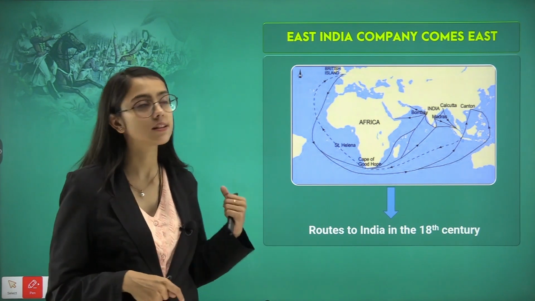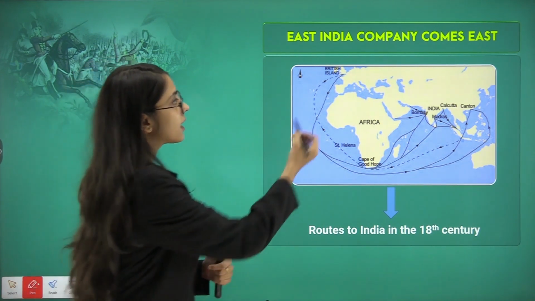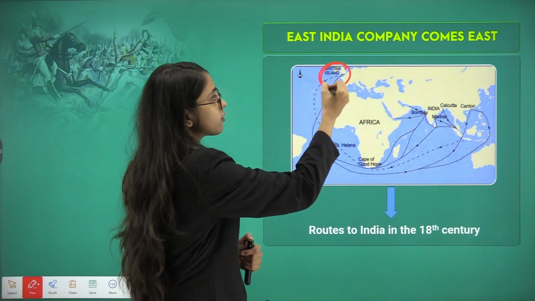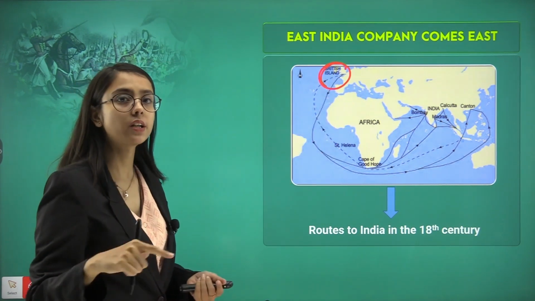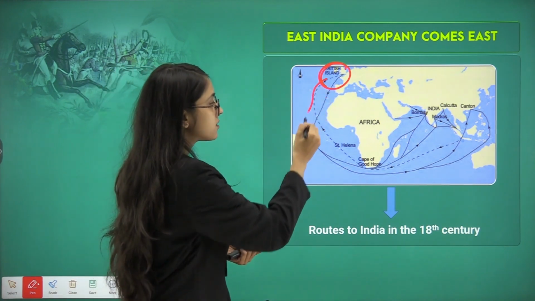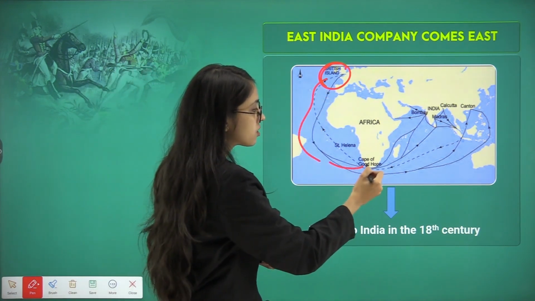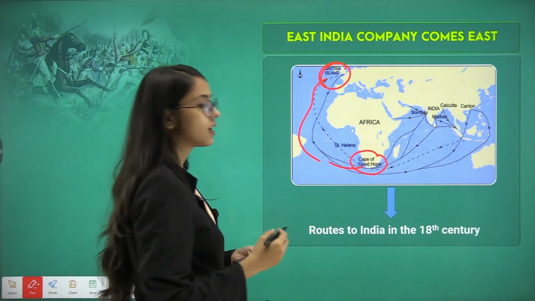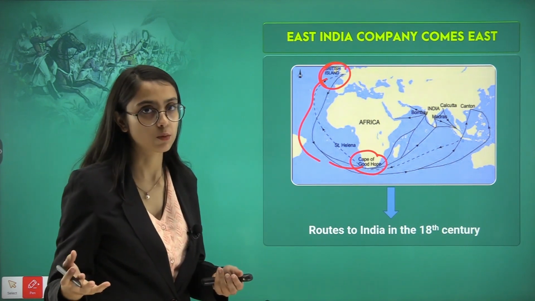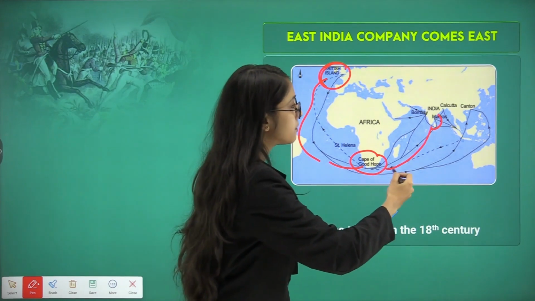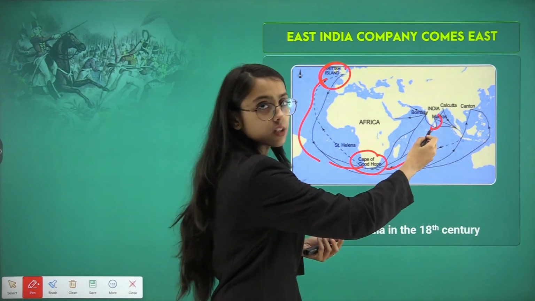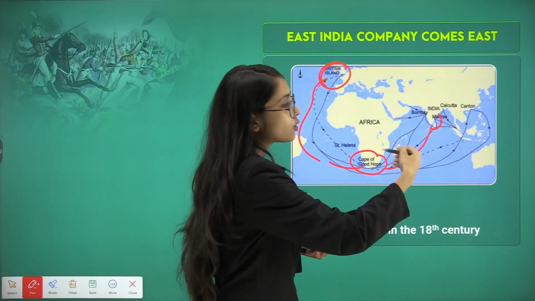Let's see. So, here in the map, as you can observe, the British East India Company came from the British Isles, Great Britain. They came to India through a sea route, through the sea. They reached the Cape of Good Hope, which is known as modern day Cape Town and Johannesburg in South Africa. After that, they moved towards the Indian Ocean and the Arabian Sea, towards the Bay of